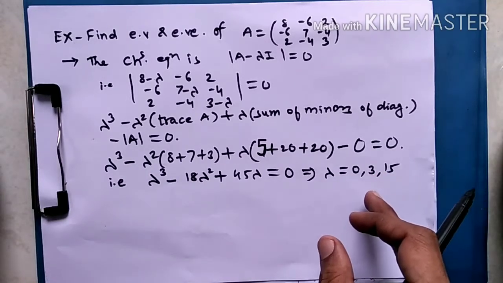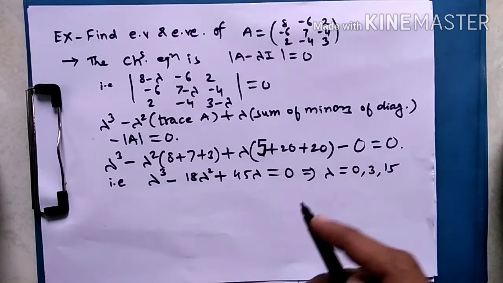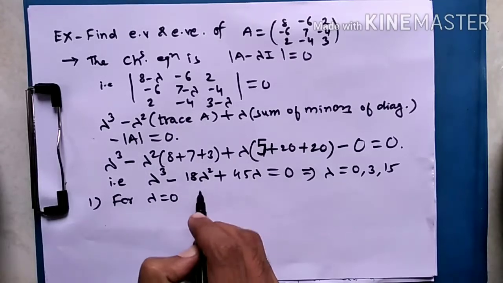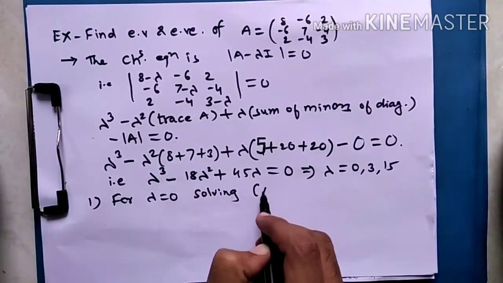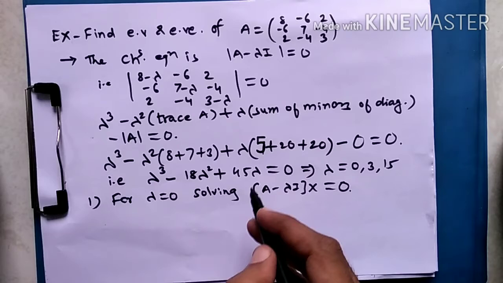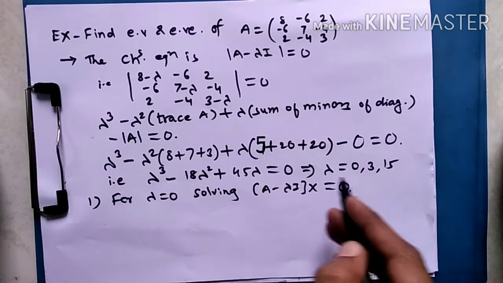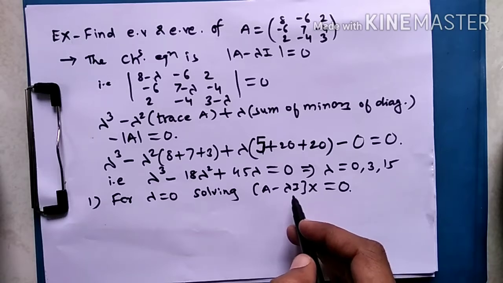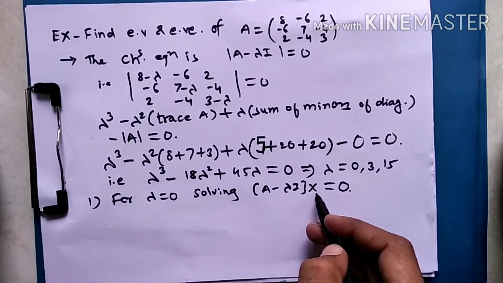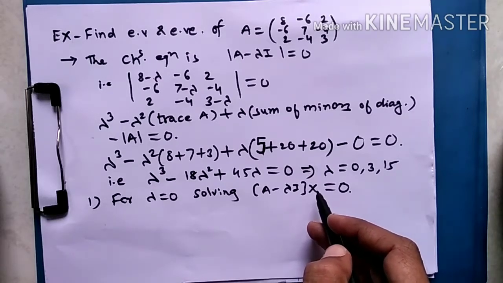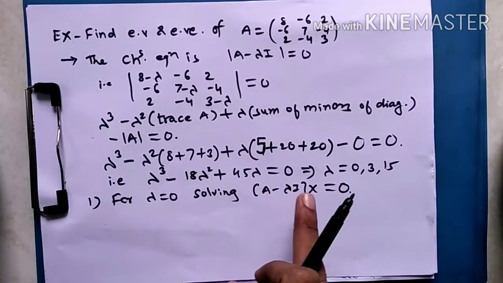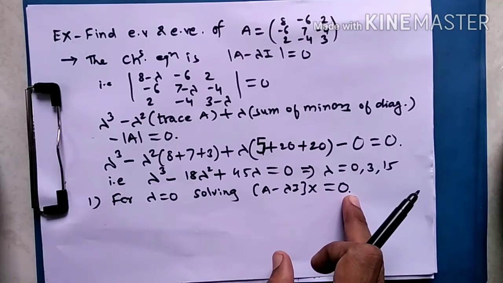Now corresponding to each eigenvalue, we can find one eigenvector. How to do that? To find the eigenvector, firstly, for lambda equal to 0, we need to solve the equation A minus lambda I in matrix form into X equal to 0. Again you can recall we discussed this in the first lecture. It is the homogeneous system of linear equations which we are solving, and capital X is the required eigenvector, the non-zero solution for this system. So A minus lambda I, in the form of a matrix, is multiplied with capital X because the RHS is 0.